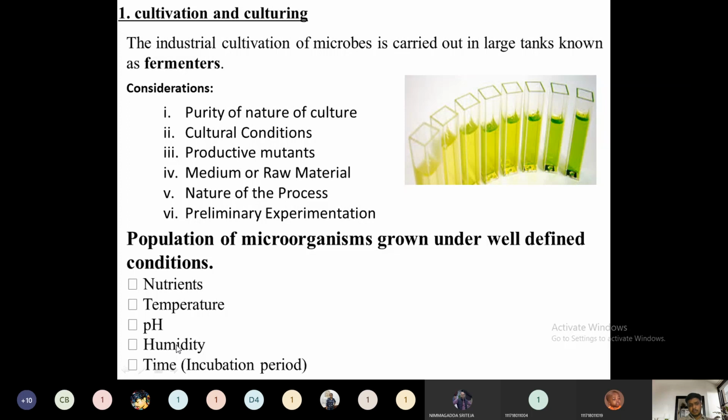Incubation period is nothing but some of the bacteria, some of the microorganisms will have a large incubation period. Incubation period is the time whenever we are giving the food to the microorganisms along with some microorganisms, the productivity of the desired microorganisms being achieved. Some microorganisms will have less than a 1 hour incubation period. Some microorganisms will take days and days to incubate. We have to estimate the incubation period also, so that the quality of microorganisms can be increased.